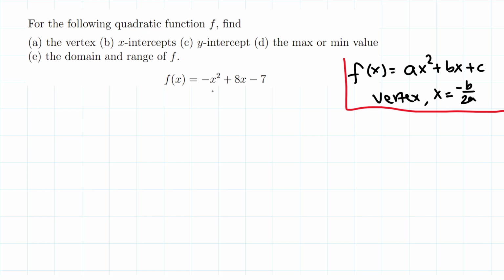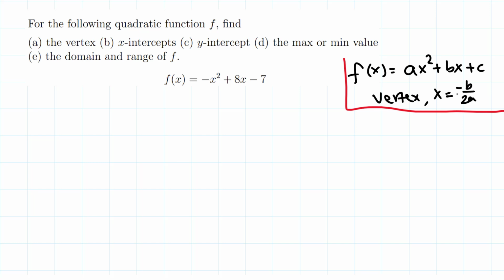For the following quadratic function, which is a parabola when graphed, a degree 2 function like x squared, we need to find the vertex, x-intercepts, y-intercept, the max or min value, and the domain and range of f. If we compare this with ax squared plus bx plus c, that's the case,